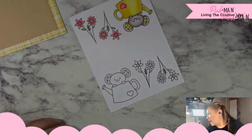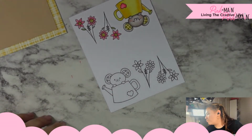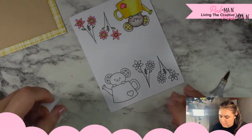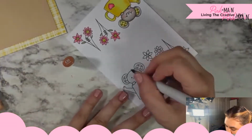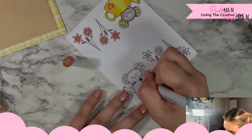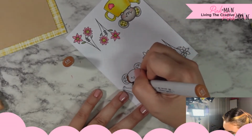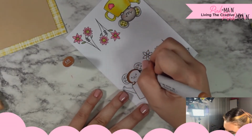And I'm going to grab, let's go 30s. We'll go 35, 33, 31 in the E's. We're going to color this in placement wise exactly the same. So 35,